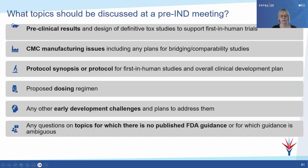And what topics do you want to discuss at your pre-IND meeting? Well, you want to talk about your preclinical results and the design of your definitive tox studies to support your first-in-human trials. You want to talk about any CMC manufacturing issues. You want to include a protocol synopsis, or in some cases, a complete protocol for your first-in-human trials, as well